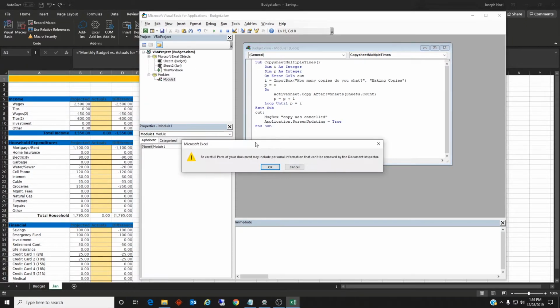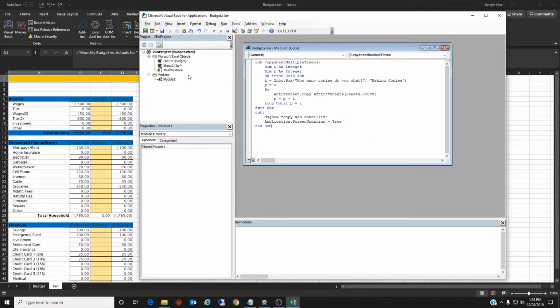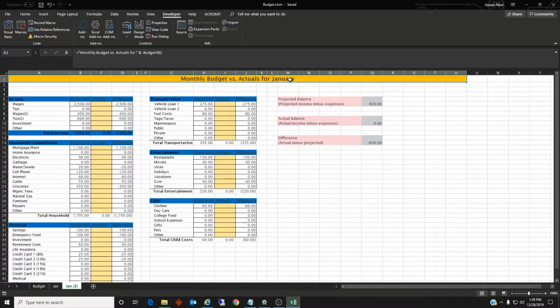So then we're going to hit save. Really meant to save as. Okay, I want to rename this from module 1 to copy sheet multiple times. So we have this macro. So Control C, we're going to go to the name, and Control V, and then we'll save it again. Okay. So we go back, we close the Visual Basic Editor window, and we'll go to